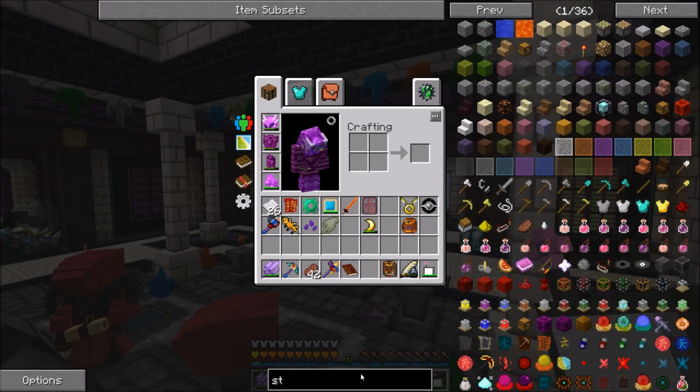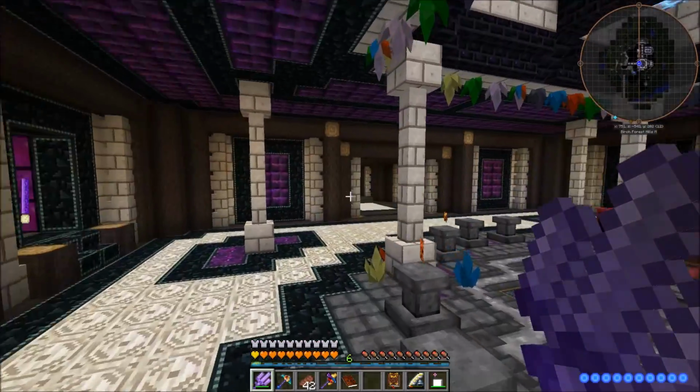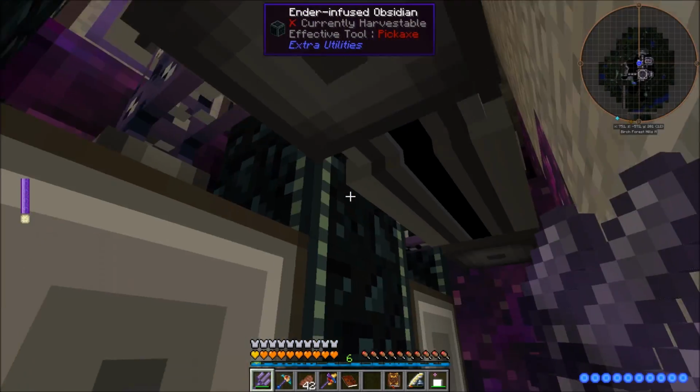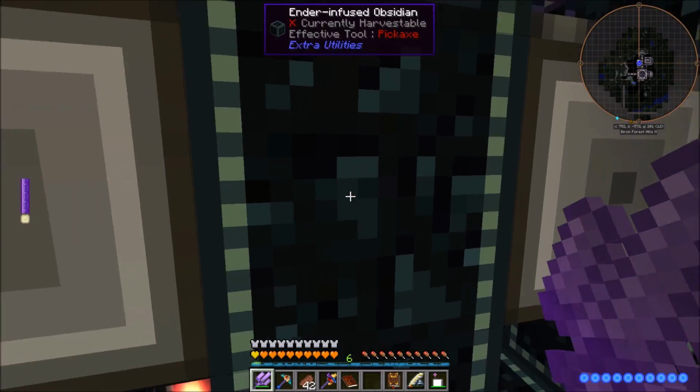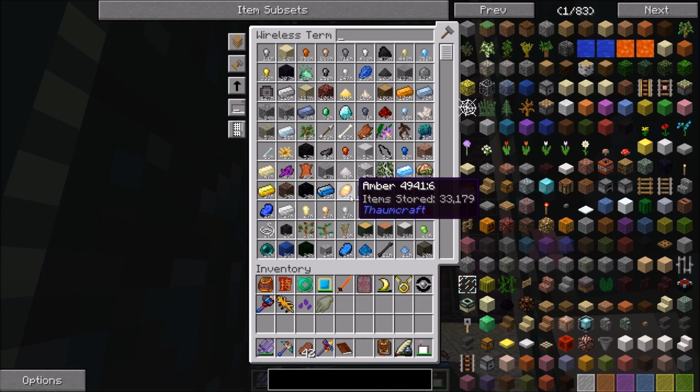So... Oh, you know what? It's supposed to be void metal. Are these in the same thing? Because that's going to be a little bit of an issue if they are. I don't think that they are. No, thaumium's over here. Void metal, I think, is on its own. Okay. So let me order...